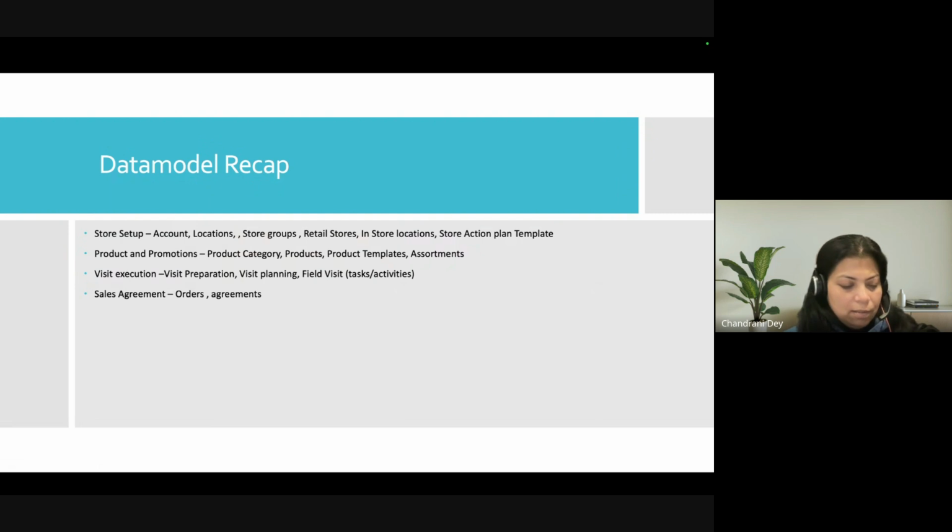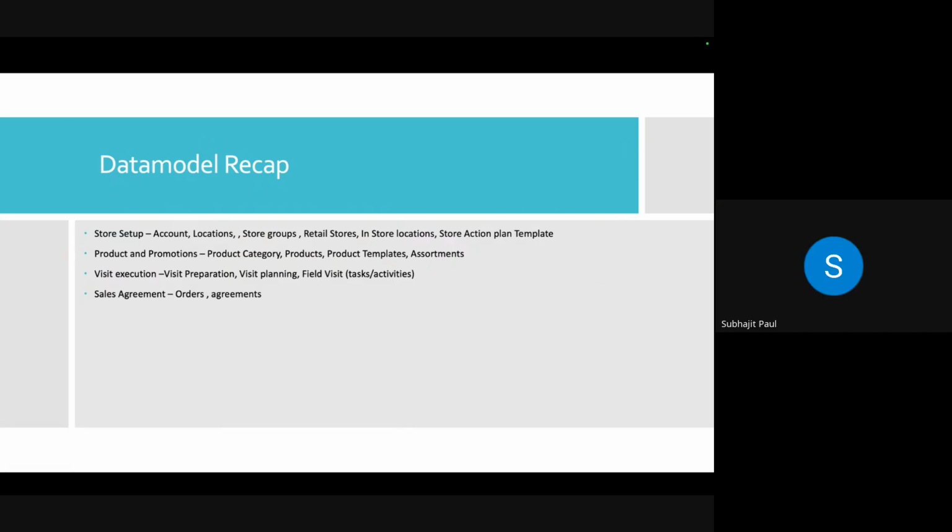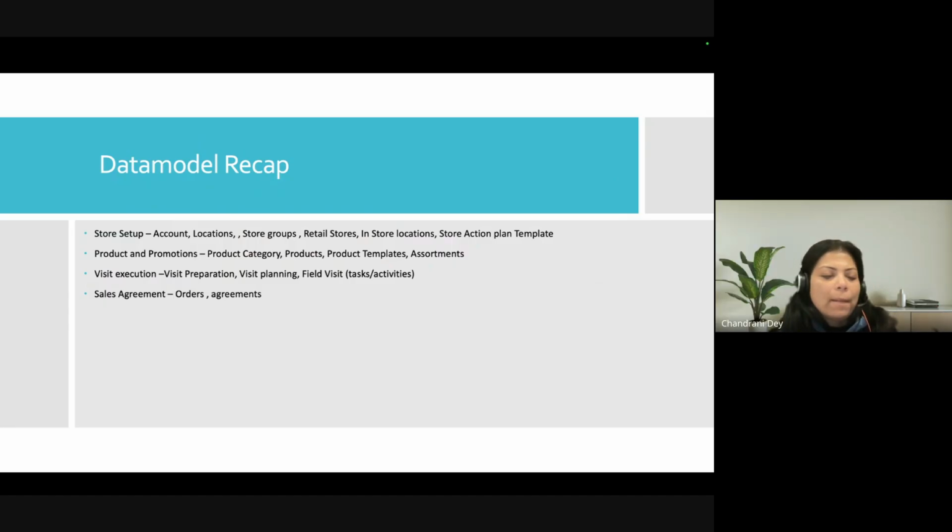Okay. So, question regarding upgrading to the enhanced data model: there will be extra charges for the licenses and all. Yes, license charges will be there, but the process and complexity I have to check. Upgrading is not like a day's job or something. Okay, so data model recap,